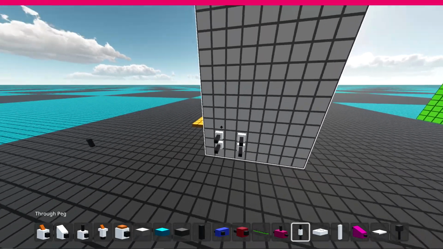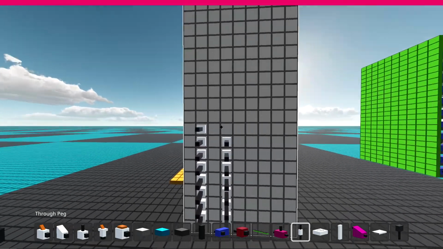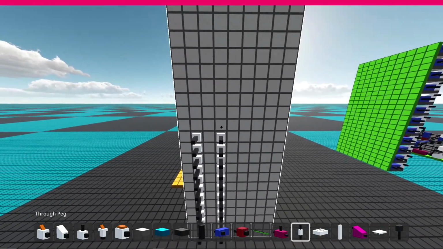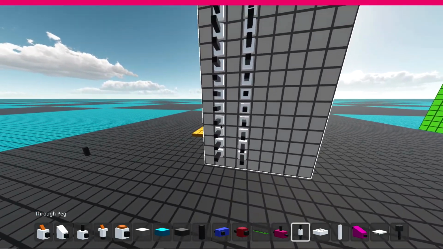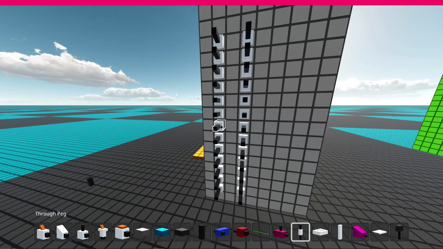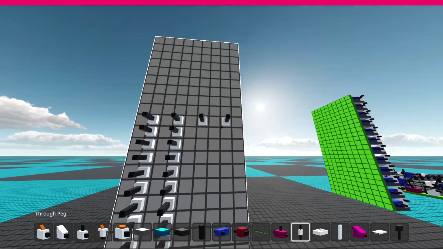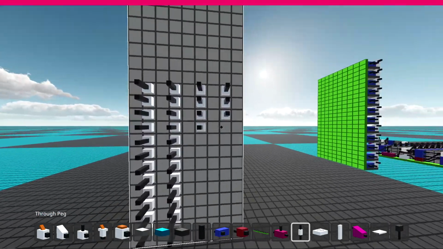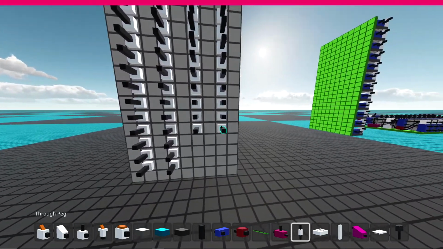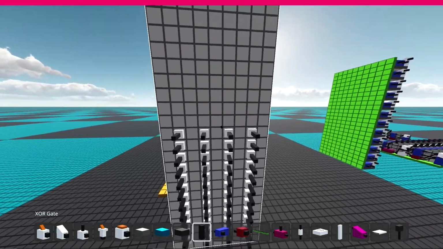1, 2, 3, 4, 5, 6, 7, 8, 9, 10, 11, 12, 18, 19, 20. How many do I need? I think it's 24. Yeah, that should be right. 1, 2, 3, 4, 5, 6, 7, 8. 1, 2, 3, 4, 5, 6. 7, 8, 9, 10, 11, 12. Okay. 2, 3, 4, 5, 6, 7, 8, 9, 10, 11, 12. Okay. And we'll call this